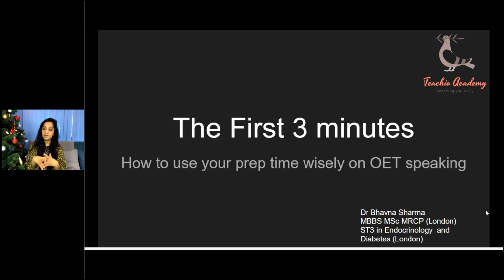Let's try and see what my strategy would be when I attempt my OET speaking. What I've done is I've divided what I want to do into chunks of seconds. So it'll be 15 seconds I'm going to spend on this, 5 seconds on this, and 15 seconds on this. So I've done my preparation like that. If you want to follow that, that might be quite useful to you.